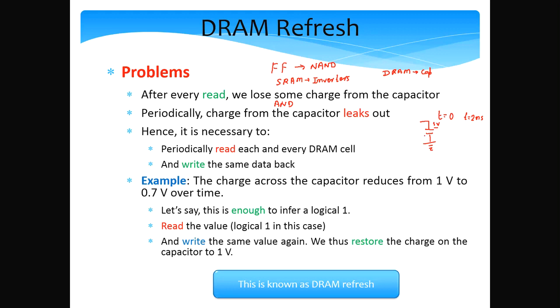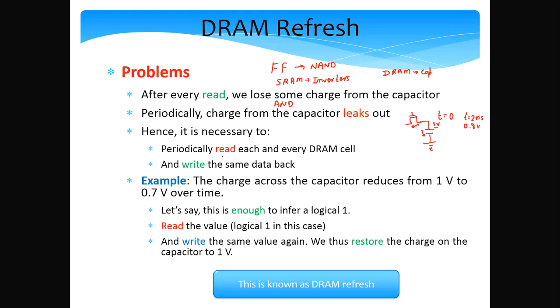So you would hope that between the two parallel plates of a capacitor, there is no leakage. But there is always some amount of leakage via the capacitor, a little bit of current. And even the transistor, when it is turned off, there is still a little bit of leakage, so a little bit of current flows out. So maybe after t equals 2 nanoseconds, the voltage can be 0.8 volts. And maybe after 20 nanoseconds or 50 nanoseconds or 1 microsecond, you will find that the entire voltage across the capacitor has disappeared. So this will cause an error.